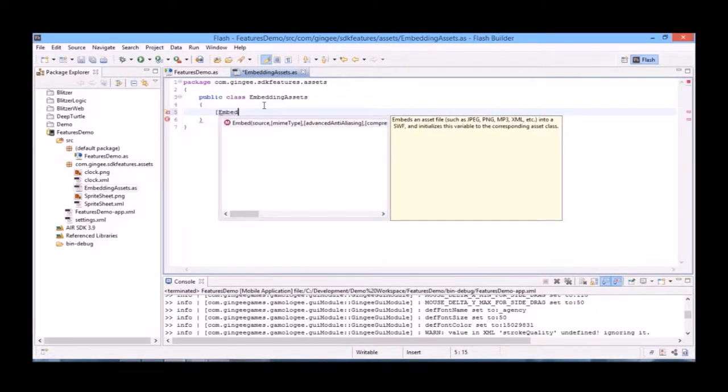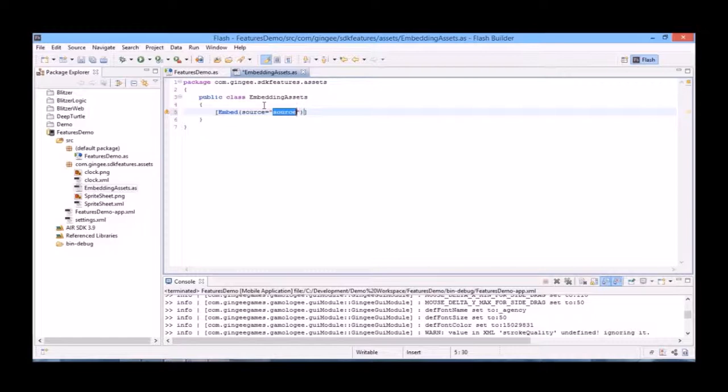To do so, first, let's embed the bitmap and XML objects of the spreadsheet. I've created a new class called Embedding Assets to organize our project and make finding certain features easier for you. Remember that you can download this and all of the project files for these tutorials from our site. So we're typing embed source and then the file path of our spreadsheet,